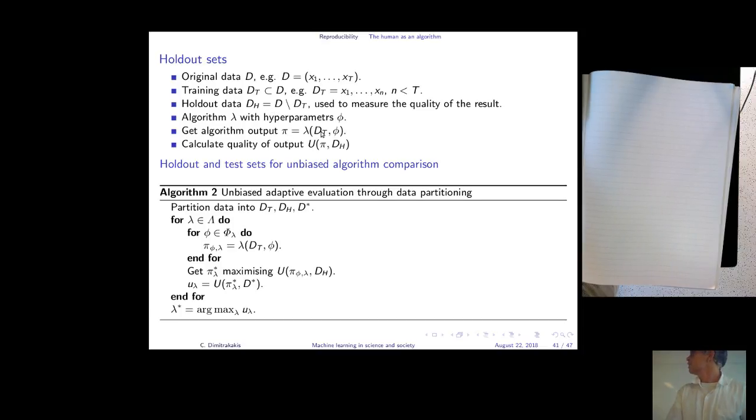And then you run the algorithm on your training set with its hyperparameters. You get some output, and then you calculate the quality of this output. Now, in this particular case, we measure the quality of the output in the holdout set. It's different from the training set. Okay? So this way you get a simple procedure for finding the best algorithm or finding the best parameters for